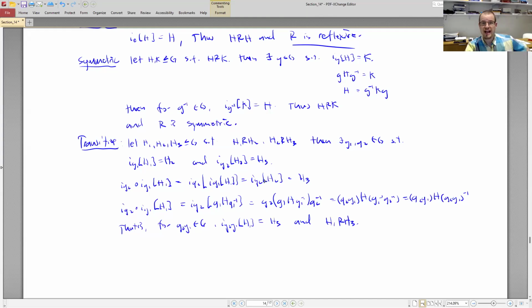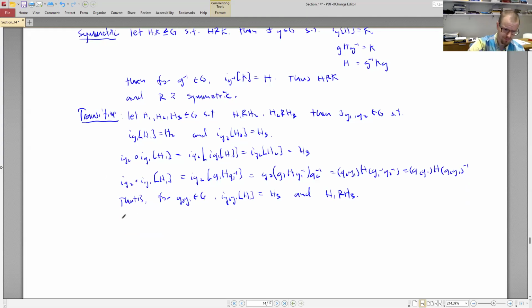So here I pretty much had it. I observed that the composition gave me H3. That was very nice, but I needed to recognize that that composition could be expressed very explicitly as one inner automorphism. And that's what this work here allowed me to observe. So look, this is an inner automorphism that takes H1 and gives me back H3. So that way I know that they are related through this conjugacy. So the relation is transitive,